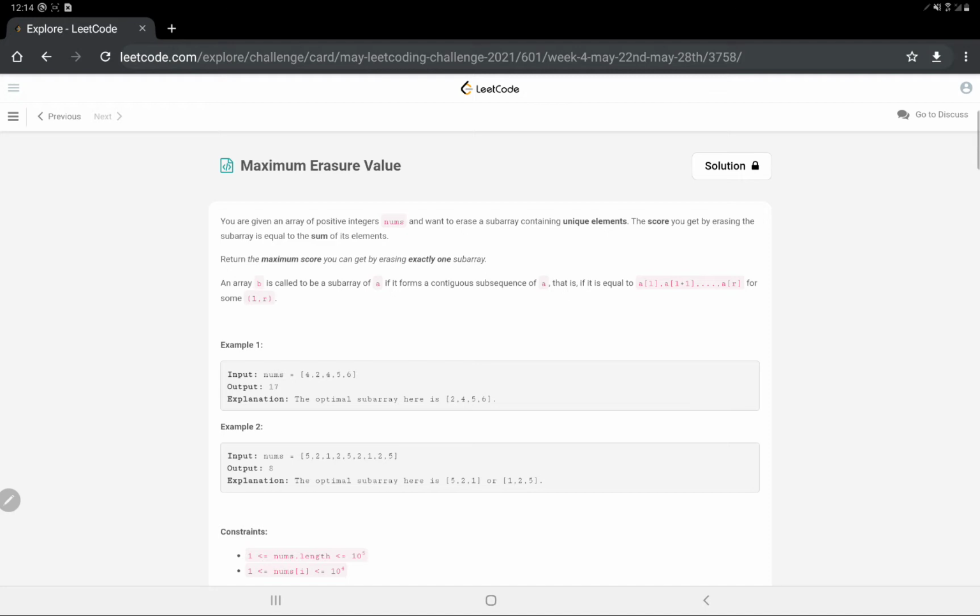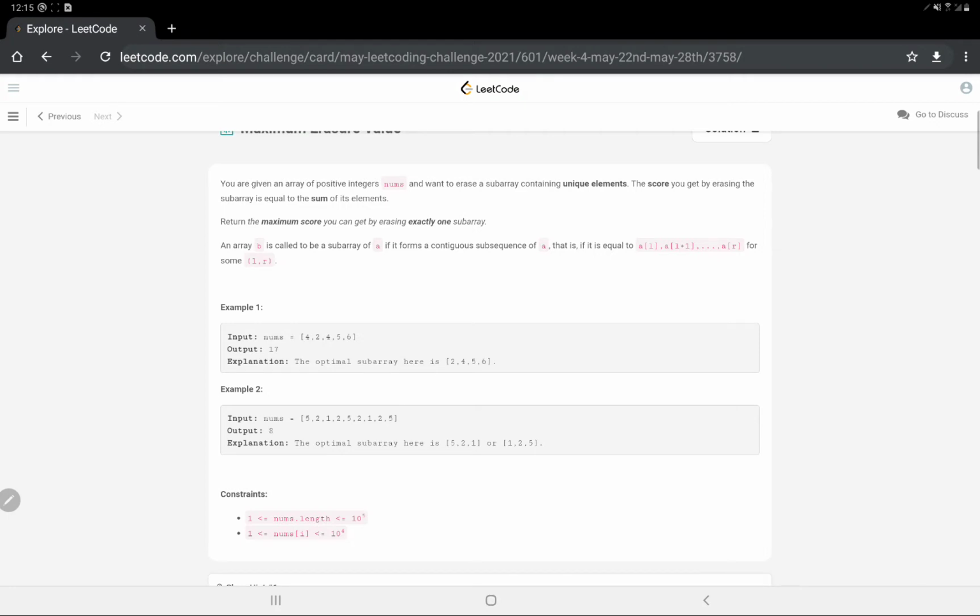If the examiner wants a more space optimized solution, then you can go for a hash set, and if they want a faster solution, then you should definitely go for the extra array of size 10 to the power 4, sorry, depending on the value range. This is the example given. It's some kind of easy example. We will discuss two examples in the approach. So let's not waste any further time and move towards the approach for this question.